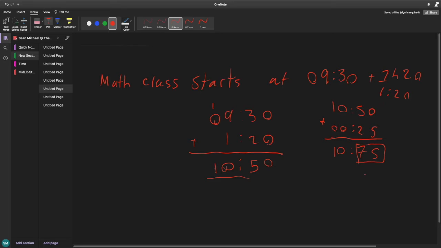What is up with hours? An hour is only 60 minutes, right? So you actually can't have 10:75. It's okay if you get an answer like this, but what we have to do when we see an answer like this is we have to convert this 75 minutes into hours. So what we can do is simply see how many hours can we get out of 75. And you can do this by dividing,